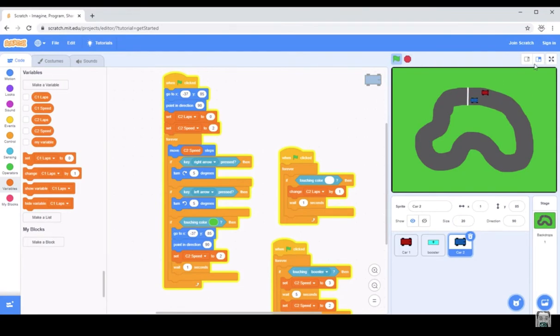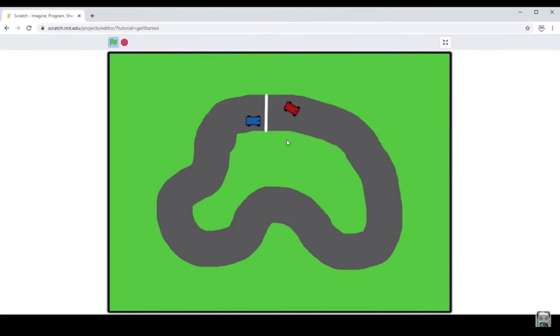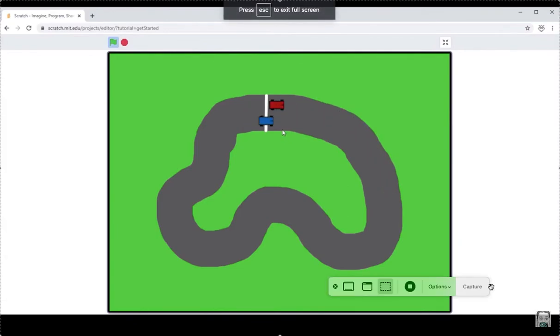I think this game is actually one of those games that I personally have a lot of fun playing, even when I'm playing with my students or with friends. So yeah, it's definitely worth making. So go ahead and